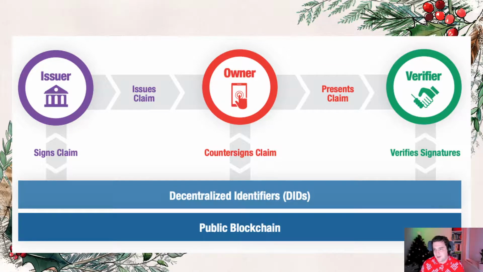So we start on the left. We have an issuer, right? I'm going to use an example of a driver's license and the DMV. The DMV in this scenario would issue you a driver's license. They say, okay, James is allowed to drive a truck, a semi-trailer. They will issue me a driver's license with the details saying James can drive a B double, he can't not wear his glasses, all that sort of information, my name, etc. And they'll give that to me.